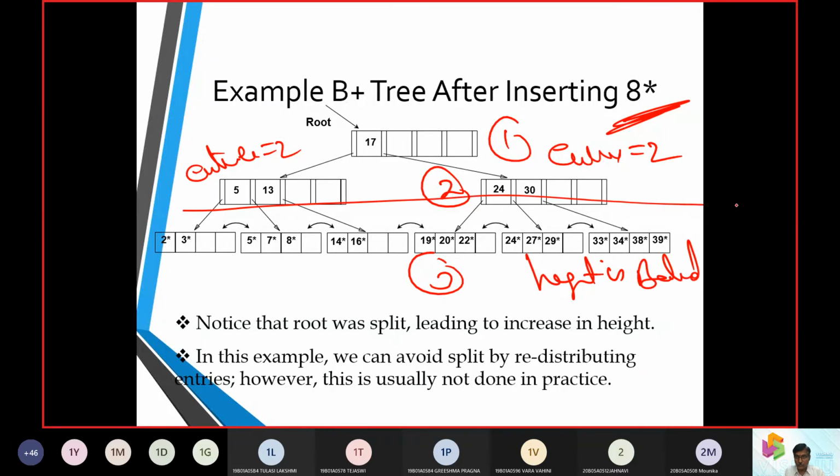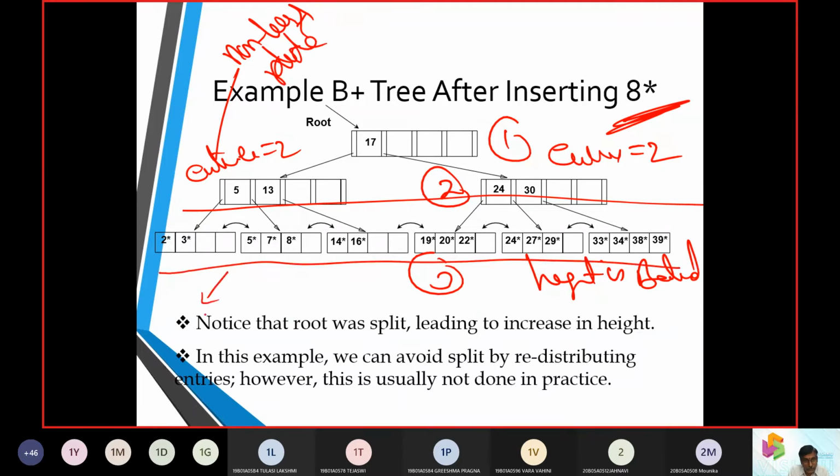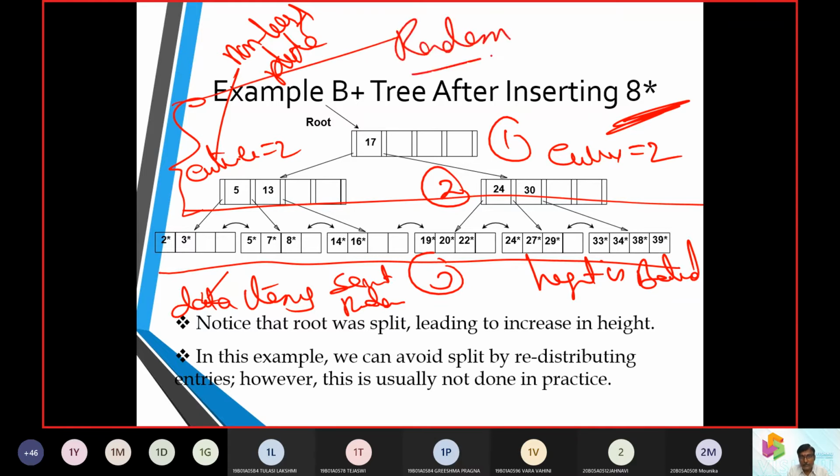The reason is that we are going to have these as non-leaf nodes. This is the remaining part. These are data elements, so the data items are at one level. They can be accessed sequentially or randomly, that is another question, but when taking them by index, they are accessed in random mode. So now we have 17 at the root, and 5 and 13, 24 and 30 were broken up. Now the height is balanced with the two entries. So in this way we got it.